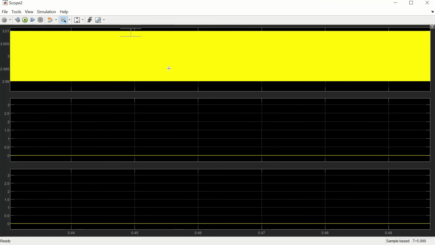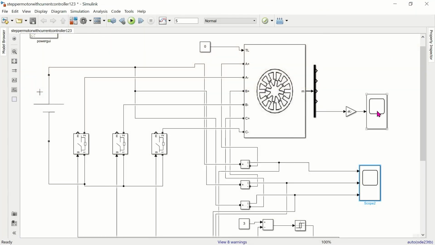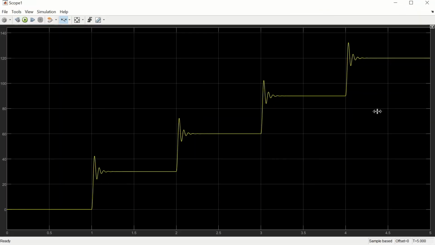That is the limit we set here for the current to vary. And when we check the angular rotation of our stepper motor, it starts from 0, 30, 60, 90 and 120 degrees.